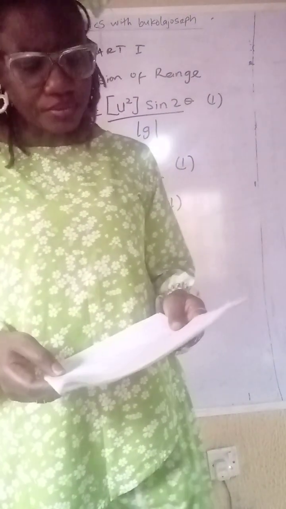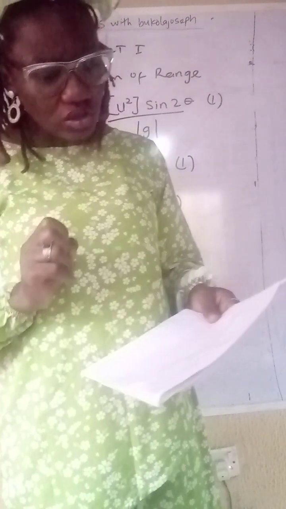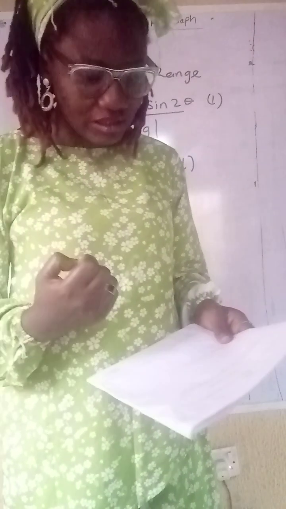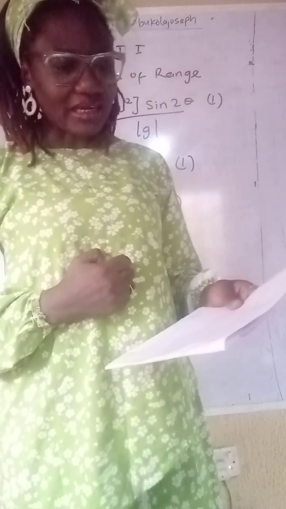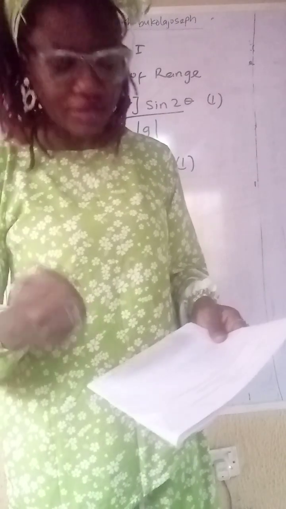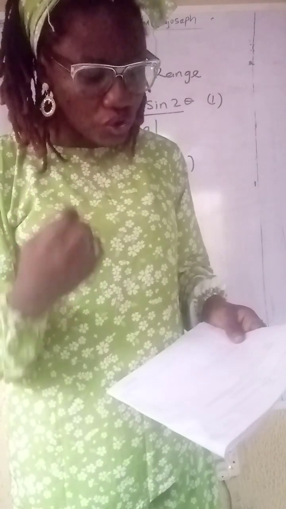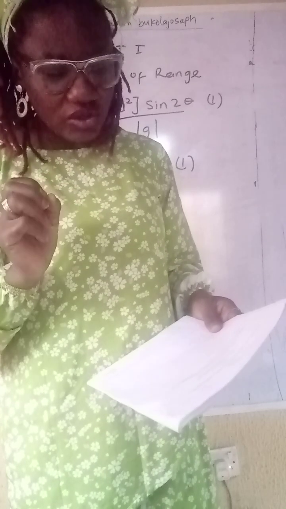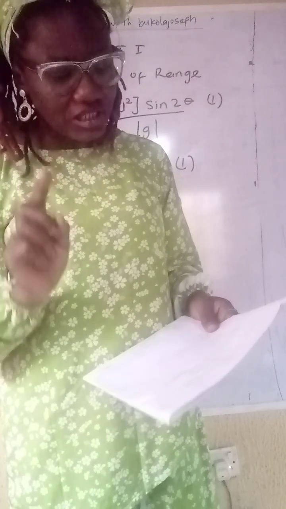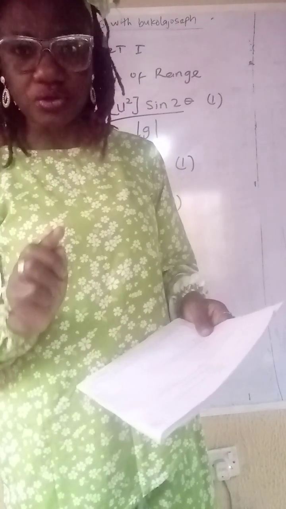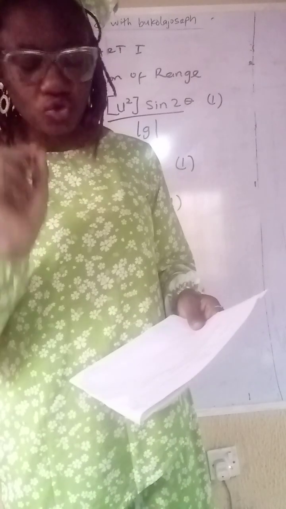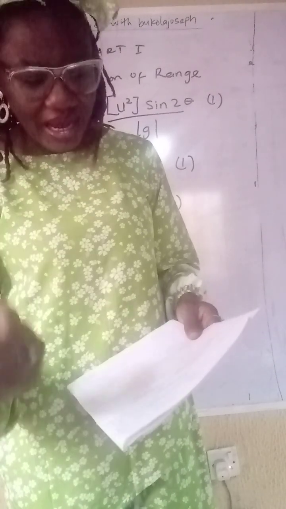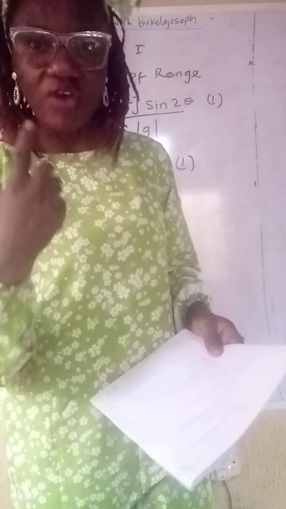I read the question. A missile is launched vertically upward with an initial velocity u at an angle theta to the horizontal. It travels a horizontal distance R, capital letter R, often referred to as the range, which is represented by the expression R is equal to u squared sine 2 theta over g. Determine the dimension of R.